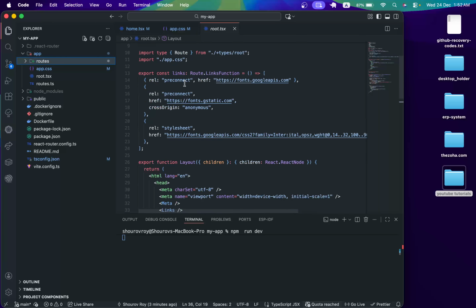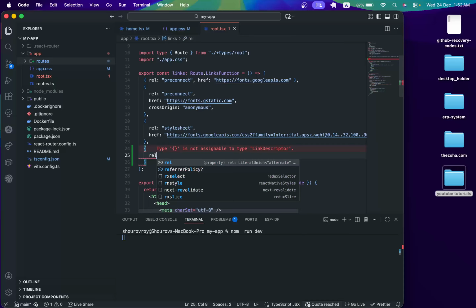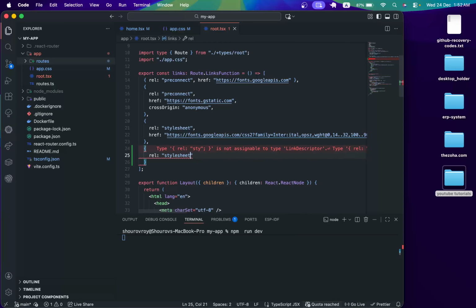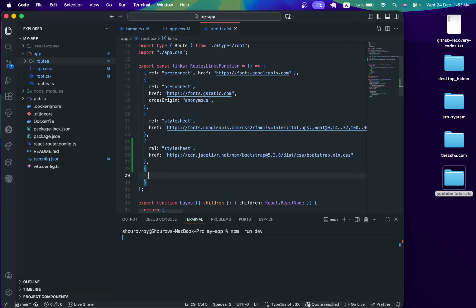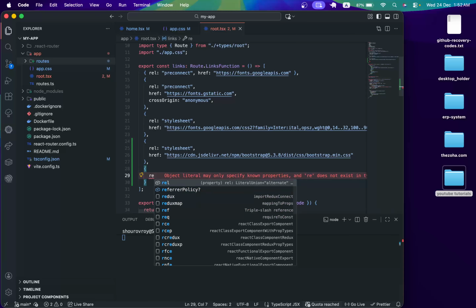So here I just need to add another style sheet, as we are going to add the CDN of CSS of bootstrap. Yes, it is done, and then we need to